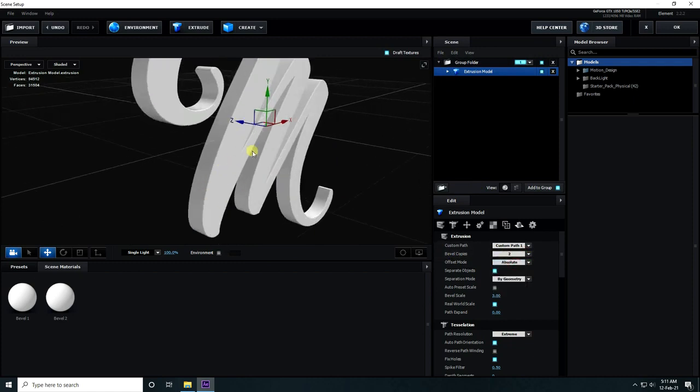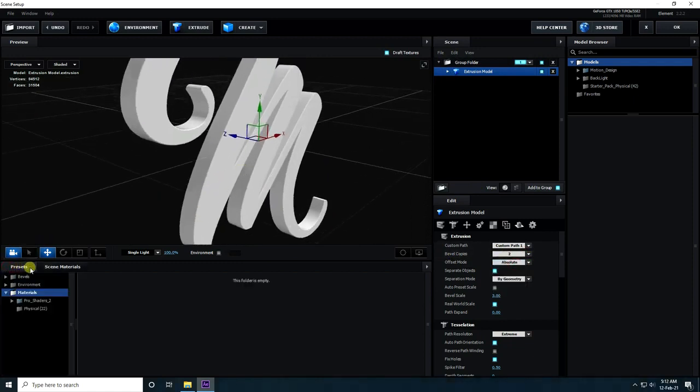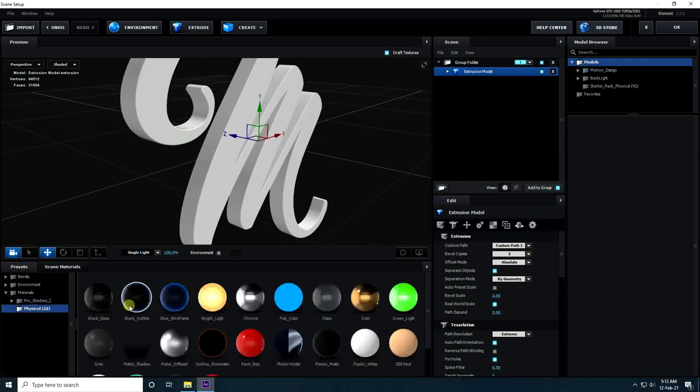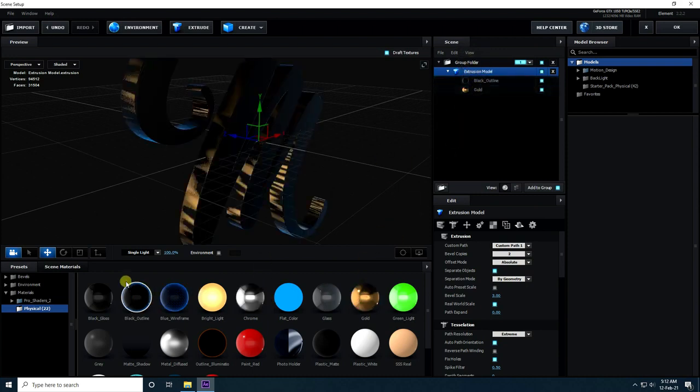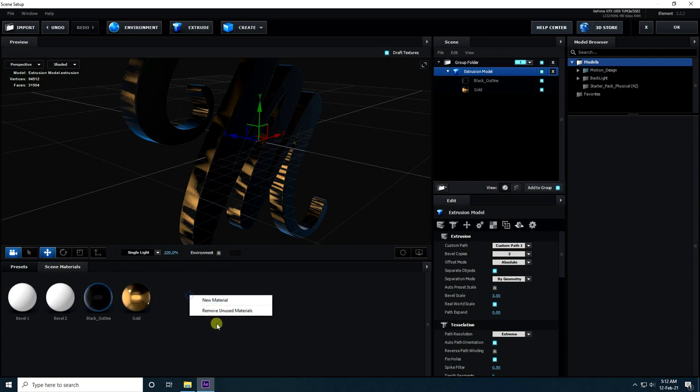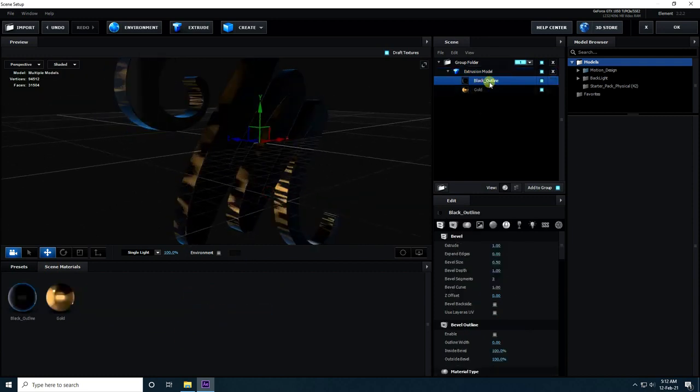Okay, so guys, go to presets, I apply material. So go to here, physical, and apply material like this, black, and the second one gold material. And remove unused material. So guys, select this black material and extrude I take 0.2.